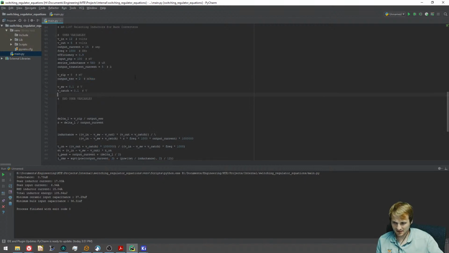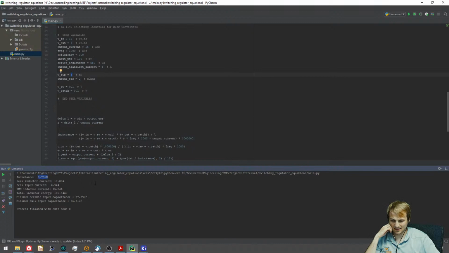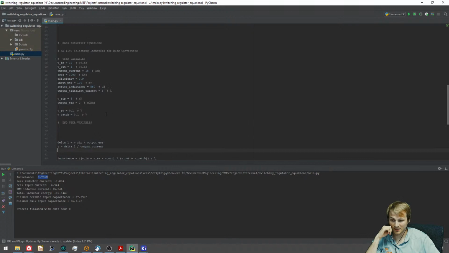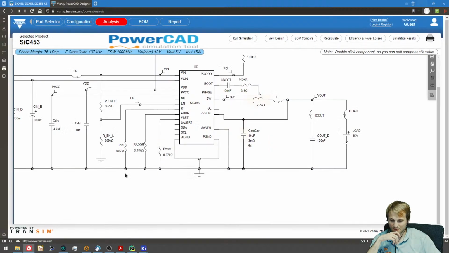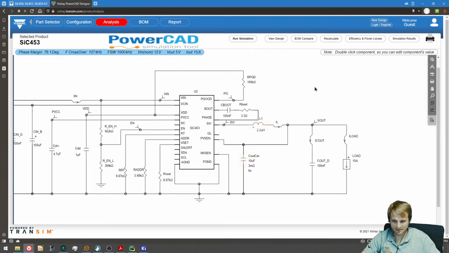So even if we set our voltage ripple to 8 millivolts, which is minuscule, and 2 milliohms, which is pretty easy to do with just a few paralleled resistors, I'm getting an inductance of 0.73 microhenry, which makes the 1 microhenry inductor totally fine. So I don't know. I wish they would show some more of what actual simulation this is based on, because it doesn't really seem accurate to me, and why there would be 6